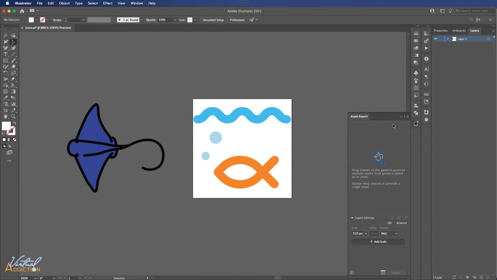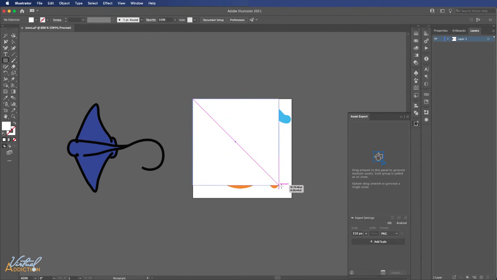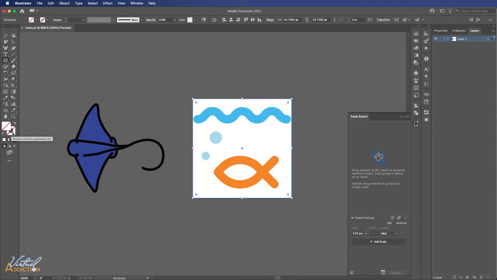I'm going to go ahead and export my artwork using the asset export feature. Now, before I go ahead and do this, what I like to do is make sure that my artwork is an exact square. So in Illustrator, I simply draw a shape that is the same size of my artwork, and then I just turn both the fill and the stroke to nothing. Now when I select my artwork, that frame becomes part of the artwork. So when I go ahead and export it, it will export out as a perfect square.